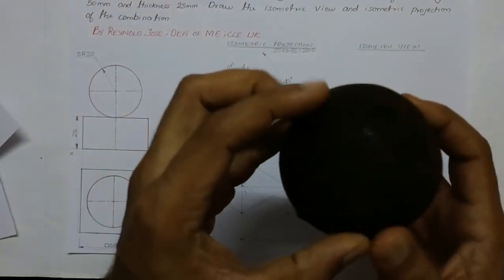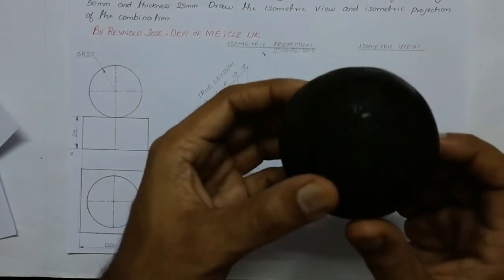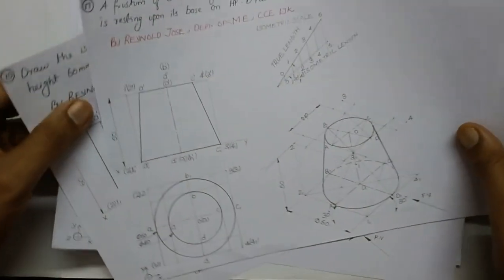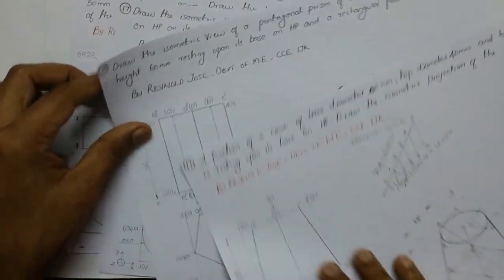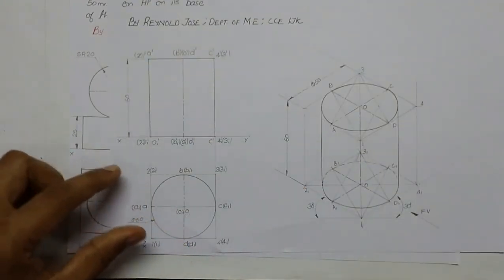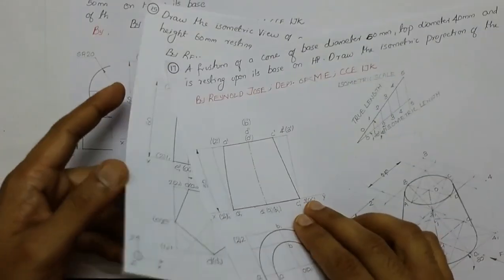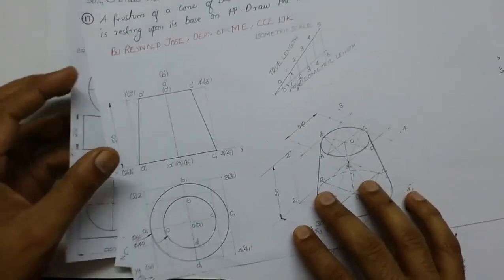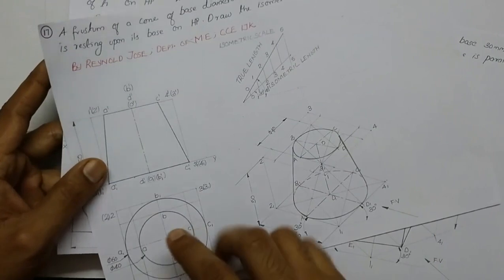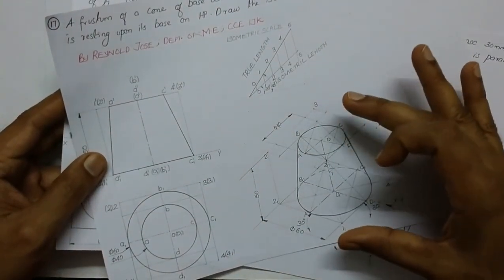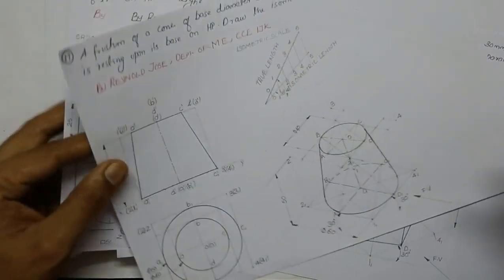Now we shall consider the isometric of the sphere. When we considered the previous questions, that is, the frustum of a cone, the pentagonal prism and the cylinder, what we did is we enclosed the solids inside another box. Here we had a square box, here a rectangular box, and here again a square box. So we enclosed the solids inside another box, and we did the isometric of the box first. That is, we are just tilting the box to the isometric position.